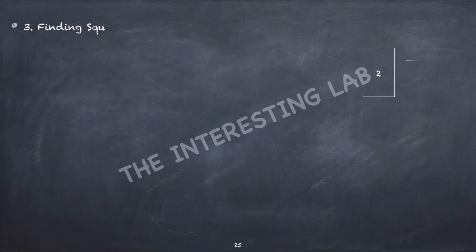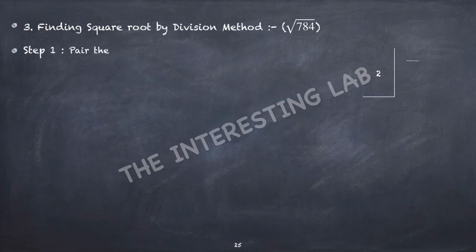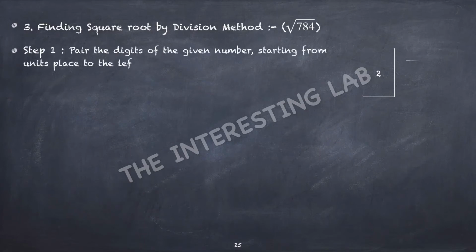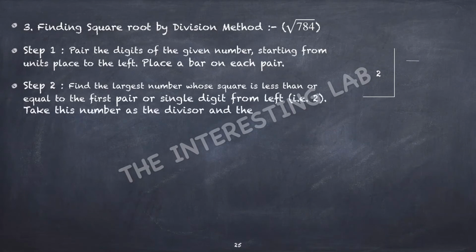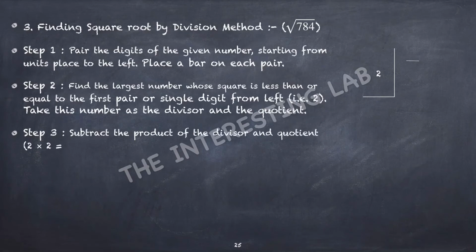Finding the square root by the division method, root 784. Step 1. Pair the digits of the given number, starting from the units place to the left. Place a bar on each pair. Step 2. Find the largest number whose square is less than or equal to the first pair or single digit from the left, i.e. 2. Take this number as the divisor and the quotient. Step 3. Subtract the product of the divisor and quotient,